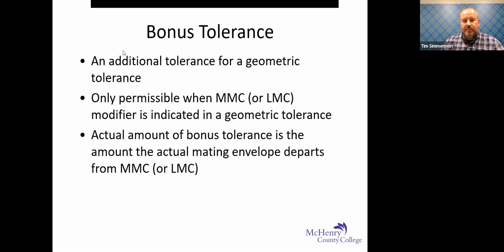Skip over these two. This is the real reason why we talk about these boundaries and the maximum material condition and least material condition, because we get something called a bonus tolerance. And that's an additional tolerance for the geometric tolerance, and it's only permissible when you use maximum or least material condition. The actual amount of the bonus tolerance is the amount the actual mating envelope departs from the maximum or